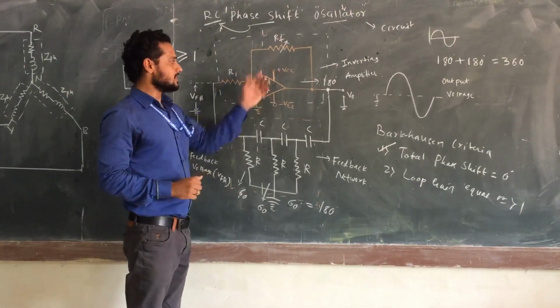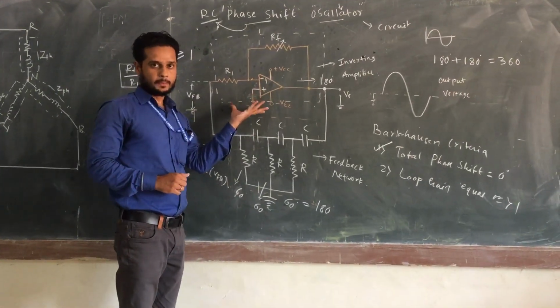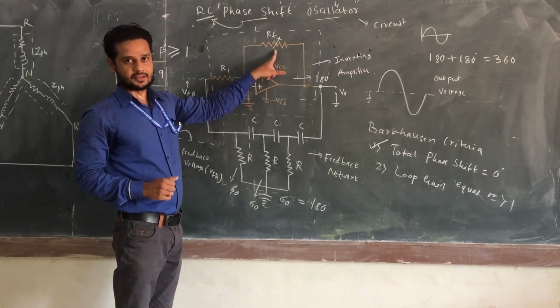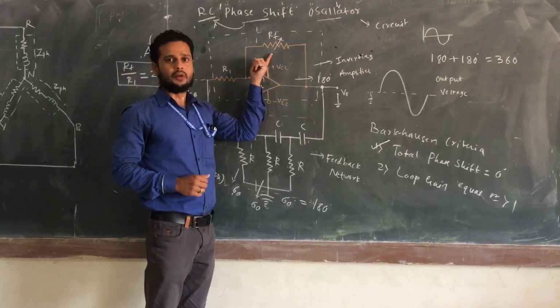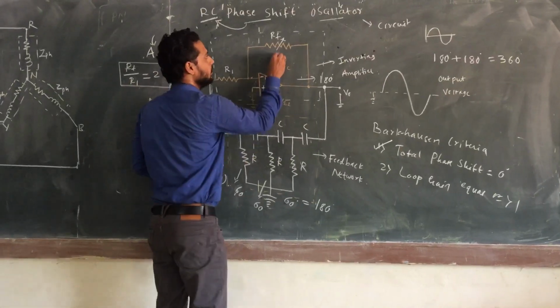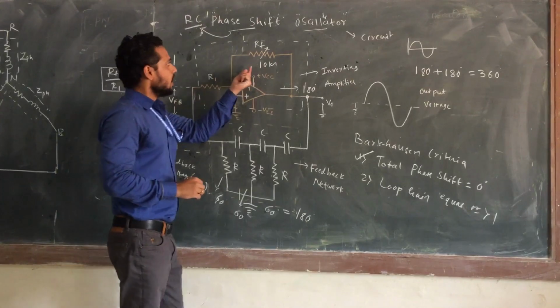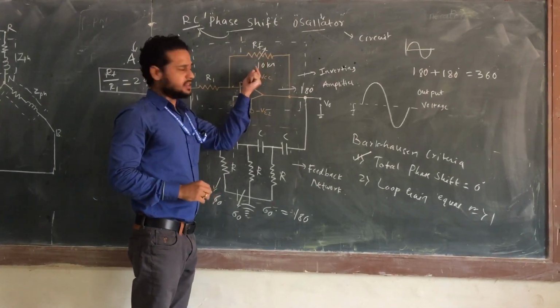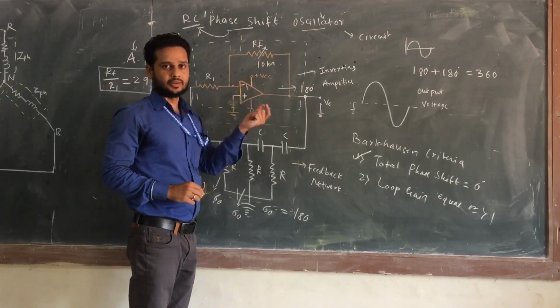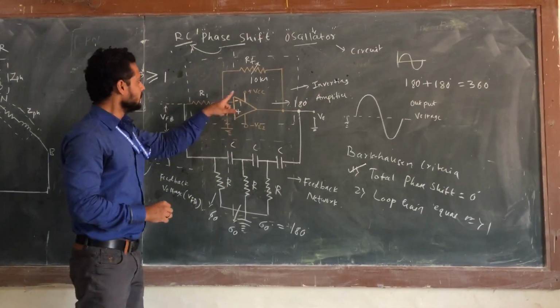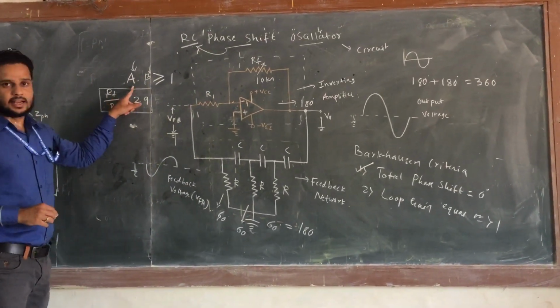You know that. The same experiment you have conducted in your lab. So this is your variable resistance. You are connecting a pot of 10 kilo. Basically a 10 kilo pot you are going to connect, and you just have to vary it. This variation of the resistance is nothing but a tuning. That tuning has to be done so that this condition will be satisfied.